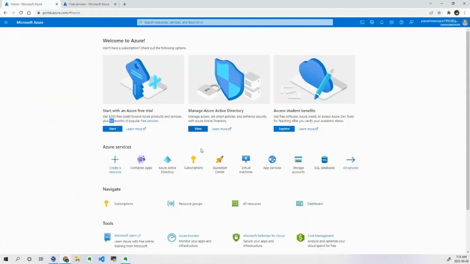After the authentication details are verified, your free trial account will be activated, and they will credit you somewhere around 13,000 rupees in INR. In dollars it is $200. Within 1 month, whichever comes first, either your 13,000 credit is used up or the 1 month ends, the account will get suspended. If you want to reactivate that account, you have to upgrade from the free trial to the paid version. So that is what we have to do.